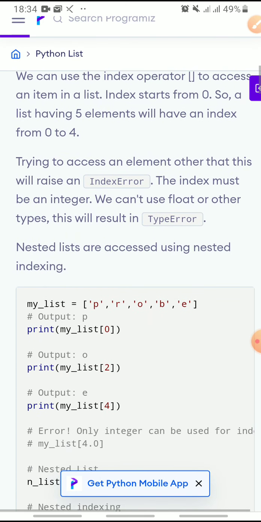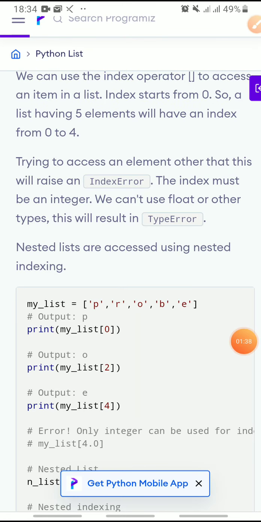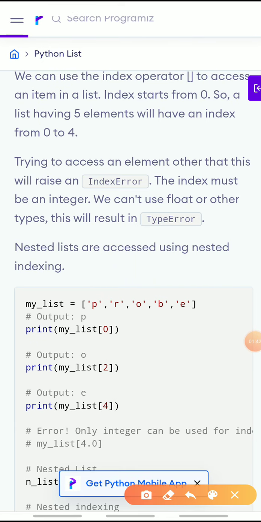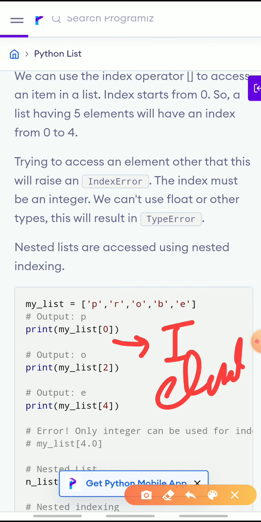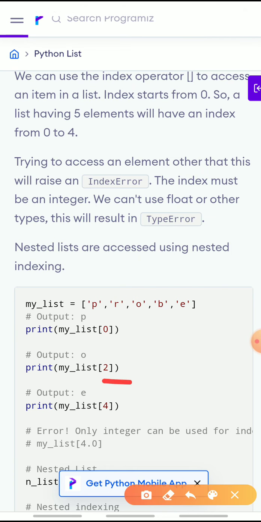For example, if I want to take the first element, I write my_list[0]. It means it will print the first element. Then my_list[2] will print the third element, and so on.